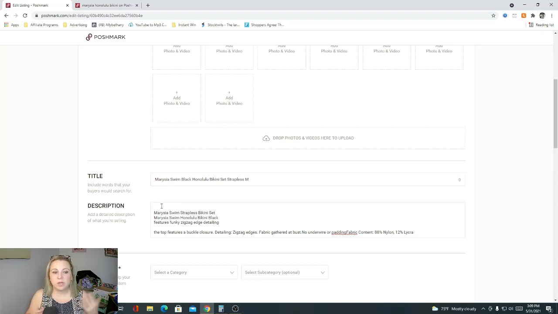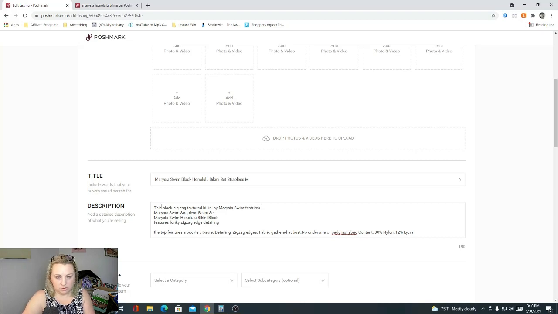When it comes to typing up the description, sometimes I'll just copy the title into the description because I'm lazy. But that's not the way that I should be doing it. Sometimes I do that and it still works. So I'm going to mix it up a little bit, and we're going to say this black textured bikini by Mauricia Swim. In fact, you know what, I'm going to remove the zigzag part. This black textured bikini by Mauricia Swim features a zigzag edge detail,